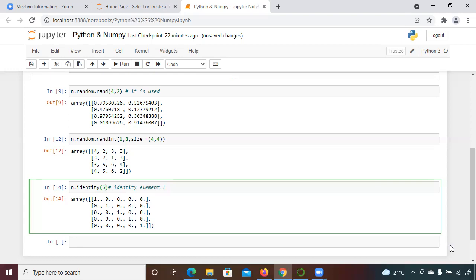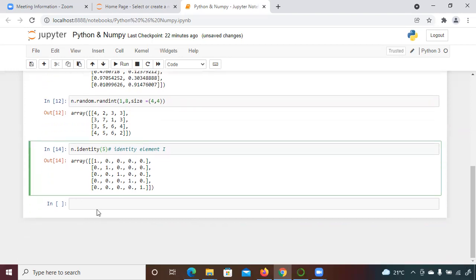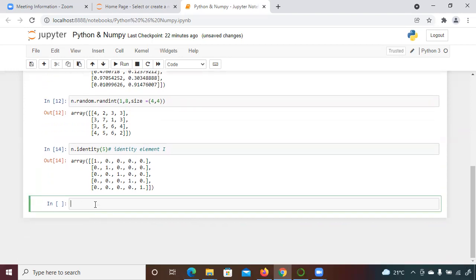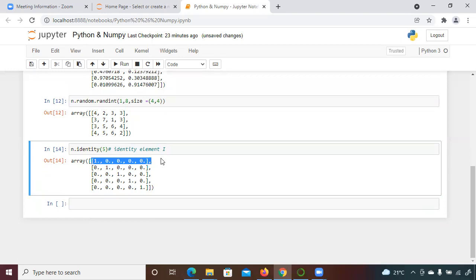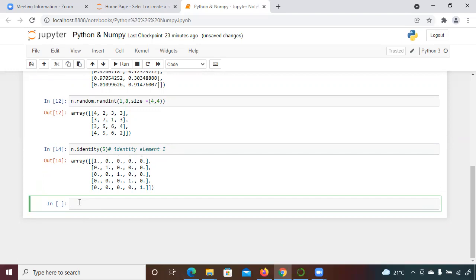Now, one more thing. Suppose I say that you have to repeat any row, how can you repeat it? Suppose I say that I want this row to be repeated multiple times, suppose 3 times, 4 times, how can you do that? Either you can read it and print it, right? You can read in an array and you can print it. There is another way as well, that you can create an array.